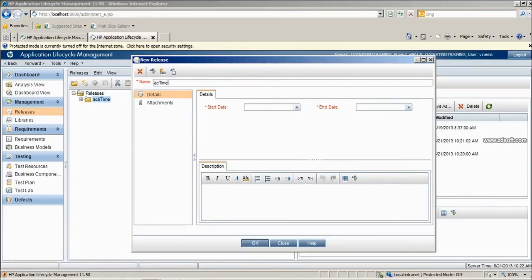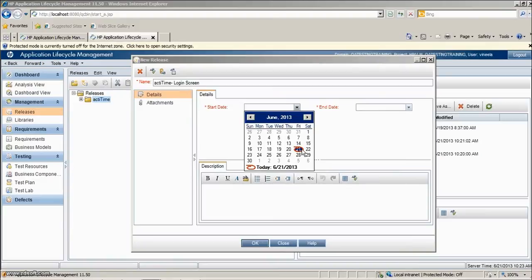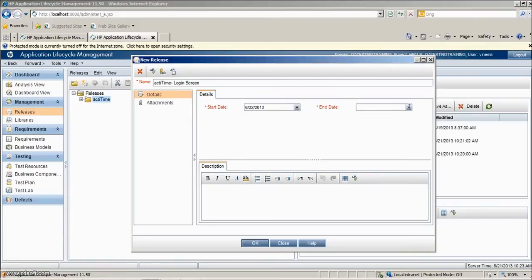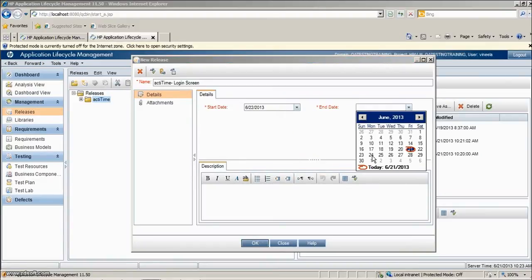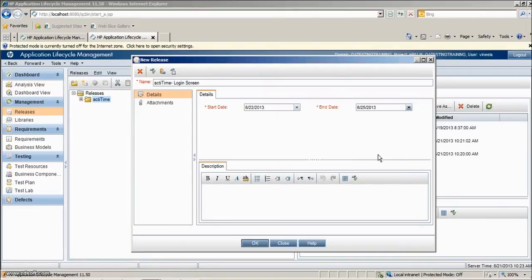I'll pass some name. Active time login screen. In this release, I want to have an active time login screen. Each release will have a start date and end date. Just select the desired start date and desired end date.